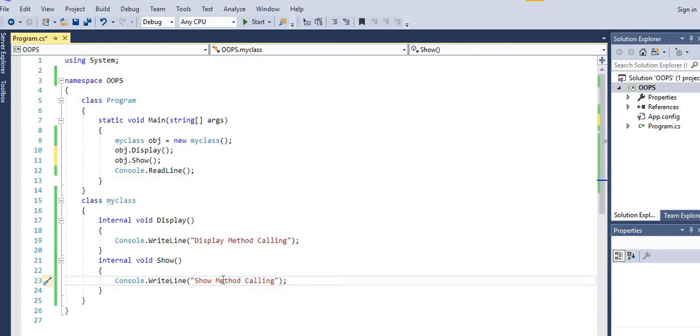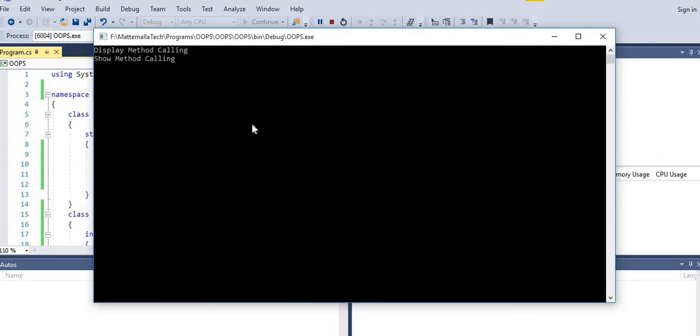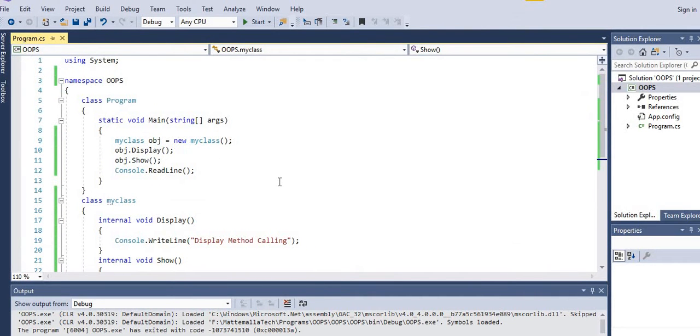Now I am going to compile this program. We will see. Yes, you see here display method calling and show method calling. That is as expected, the system is showing this.